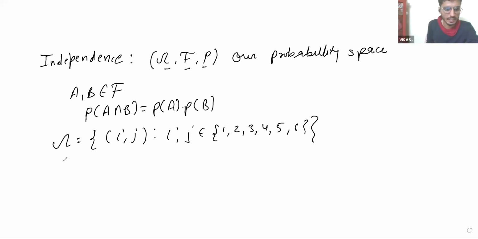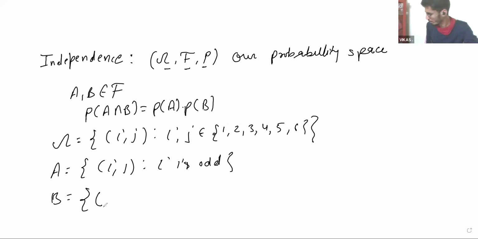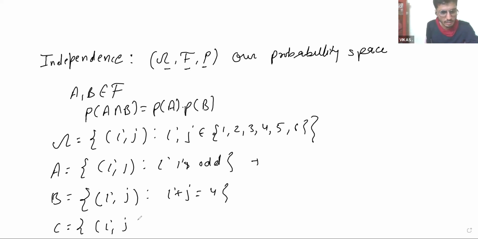Let's say event A is such that i is odd, and event B is such that i plus j is equal to 4. Let's take C to also be an event such that (i, j) and j is 2.